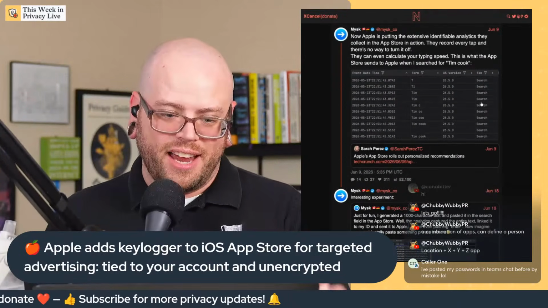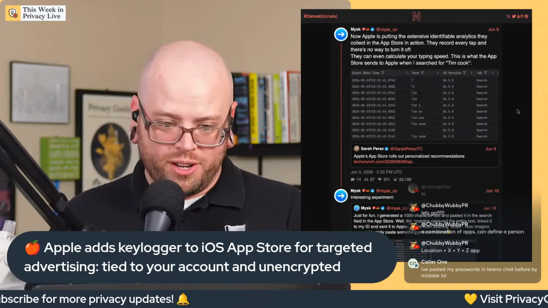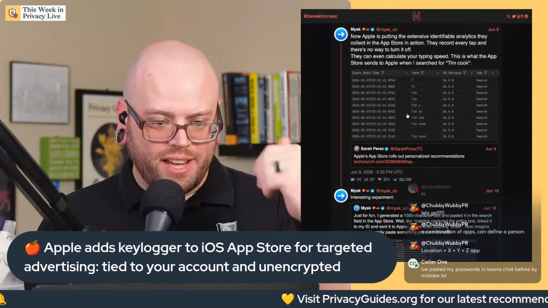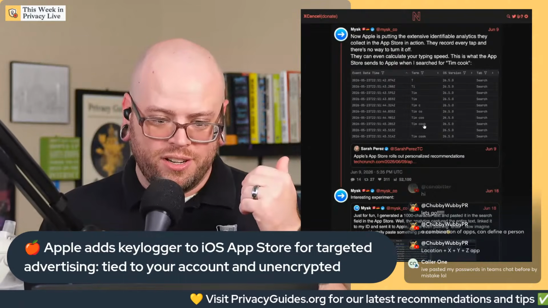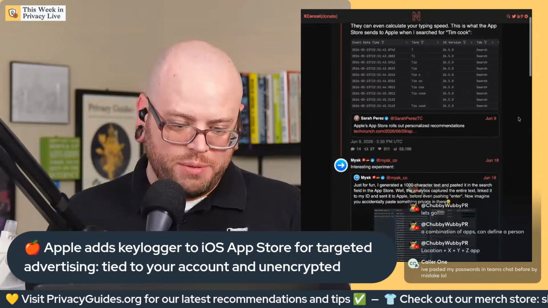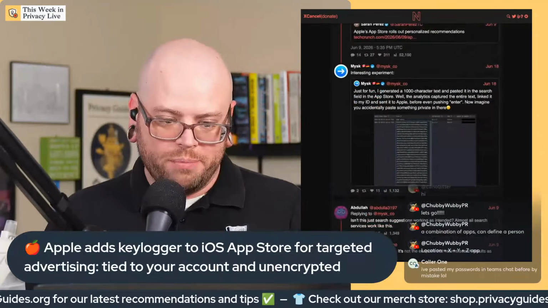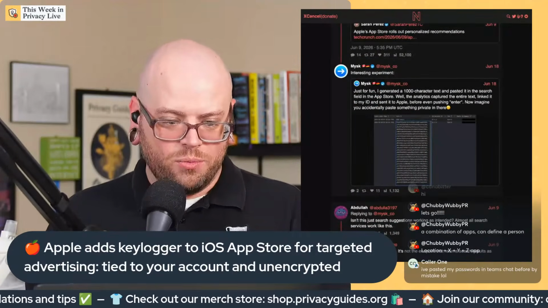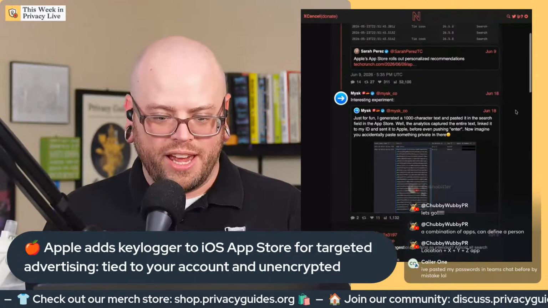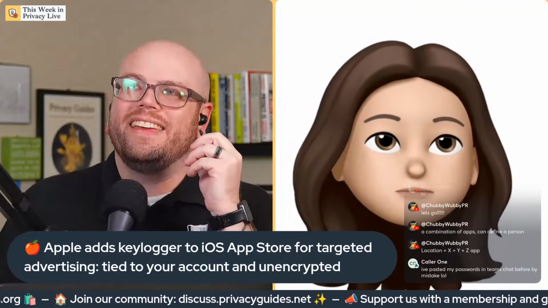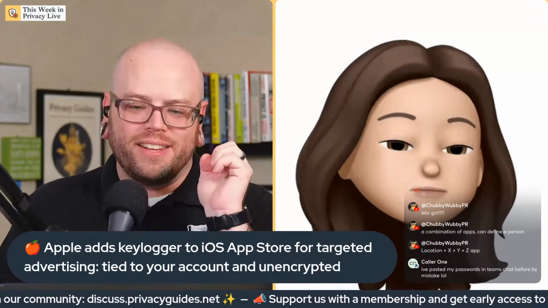So he has a screenshot of him searching for Tim Cook. And it's literally letter by letter. And it shows a timestamp, OS version, I guess what tab he was on. So yeah, you could calculate somebody's typing speed. He also copy and pasted an entire 1,000 character text, which he said was sent to Apple before even pushing enter, which is completely insane. But yeah, it's frustrating because, Apple's whole, which, yeah, you're right. Like, let me backtrack and say that,